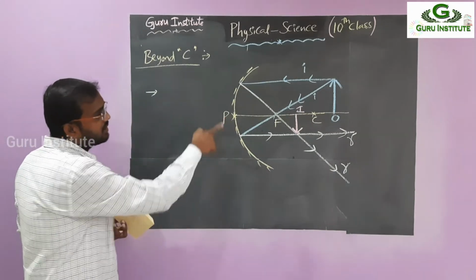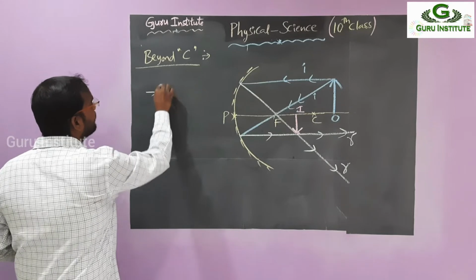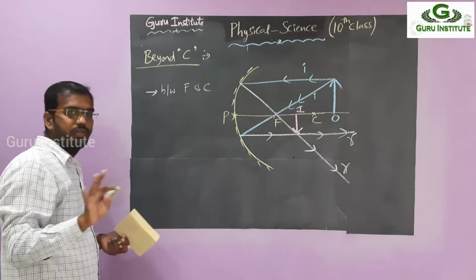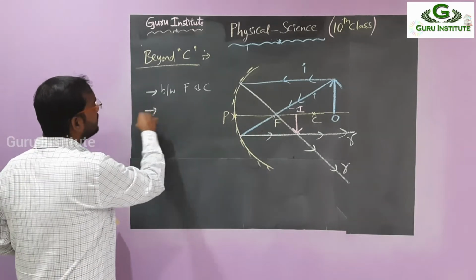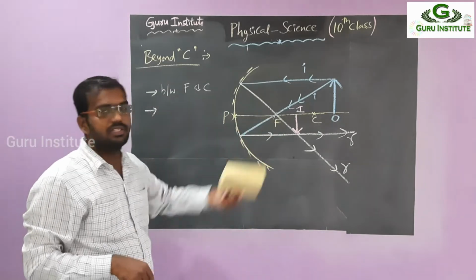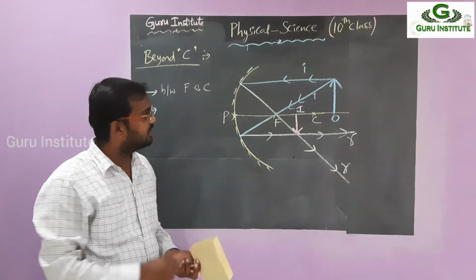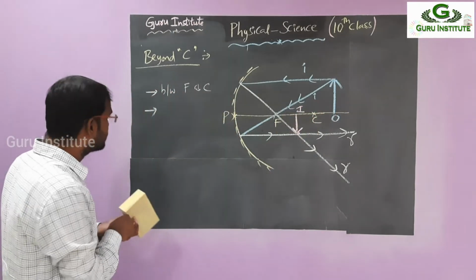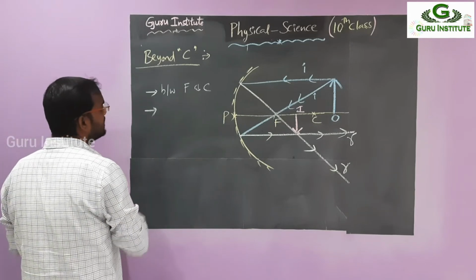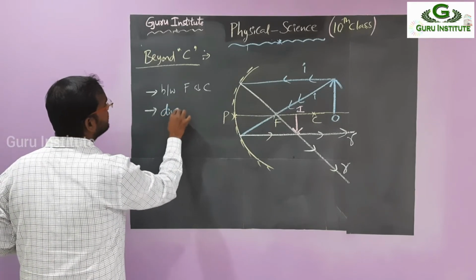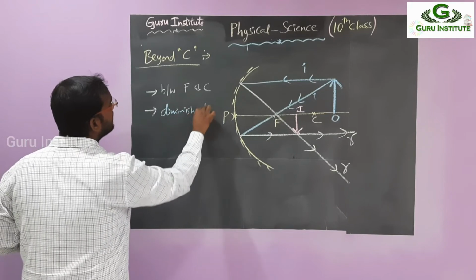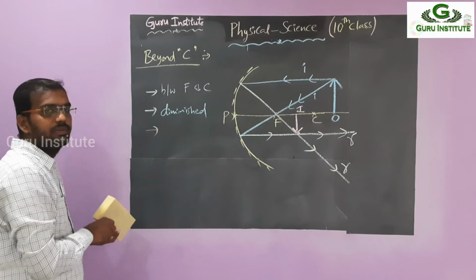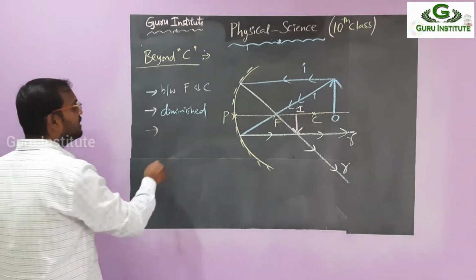So see there, what is the position where it is formed? Between F and C. First case. No need to learn by heart. Just see the picture and tell me. Position is between F and C. Then what is the size? By simply seeing, tell me, this is the object size. This is the image size. Is the image decreased or increased? Decreased. So that's why it is a diminished image. Decreased we call as diminished. So in this case we are getting a diminished image. So next one, what is the last one? Size is done. It is inverted or erect? So it is an inverted image.